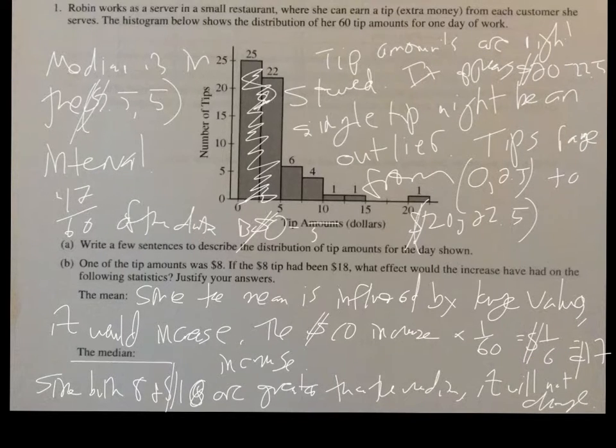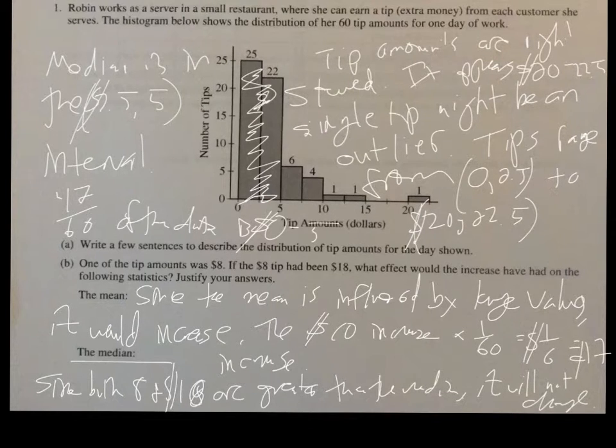All right. In A, indicating that it's skewed, outlier, the center, something about the variability, the range, or the percentage. And somewhere, did I include the word tip? Yeah, I used the word tip. You got to have something in here to talk about context. So I said the tip amount. I also had dollars indicated, so I'm good for context. Always context. Those are all the essential parts for A.